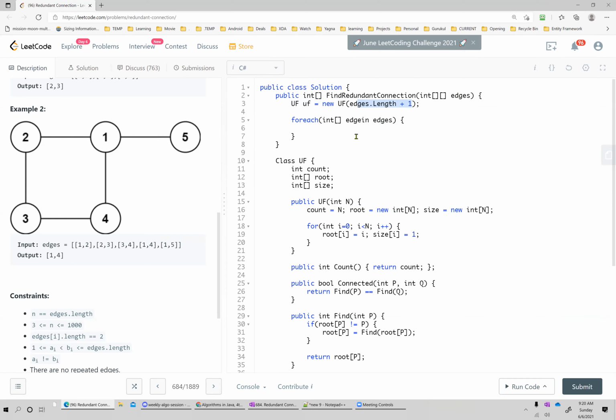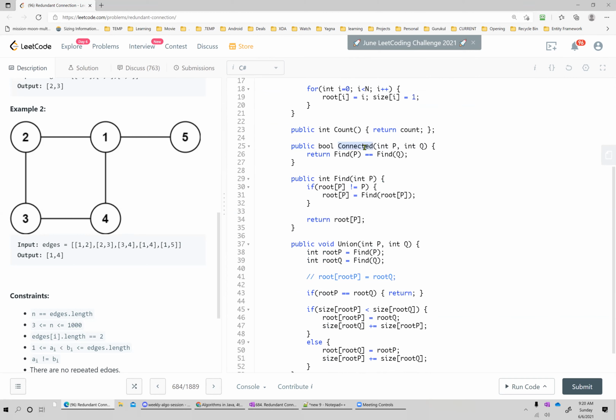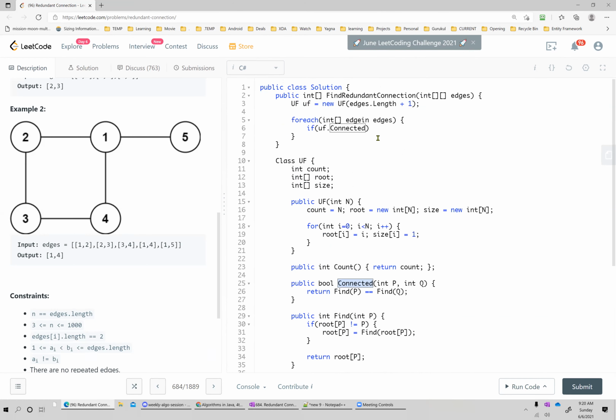Okay. All right. So what we want to do here inside? Now we'll consider this edge, whether it is a redundant edge or not. If it is redundant, it means it's connecting something that is already connected. So the union find structure helps us to find this. We have implemented connected, right? And we can give 2 edges there. Basically, I can pass edge. What am I typing?